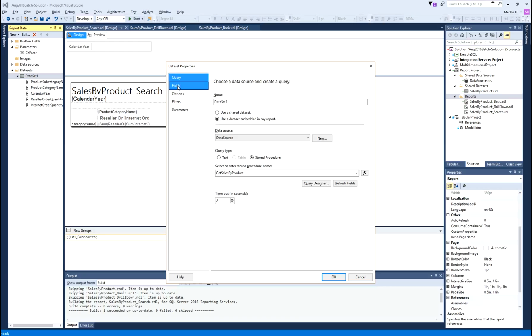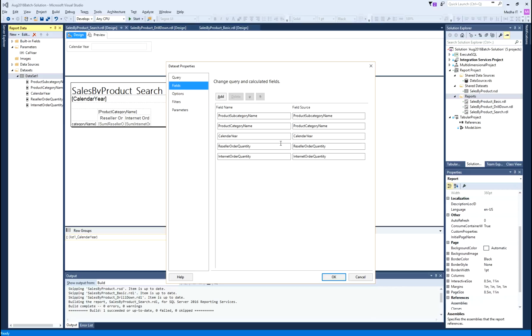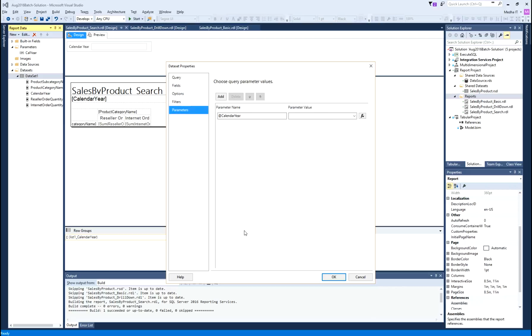Now, I will go here and say refresh fields, because my stored procedure signature is changed. The fields are refreshed and in parameters, now I see calendar year. So, this is the parameter that is used in the stored procedure.